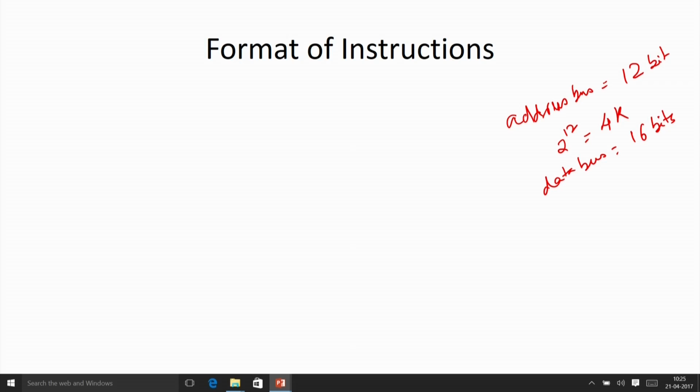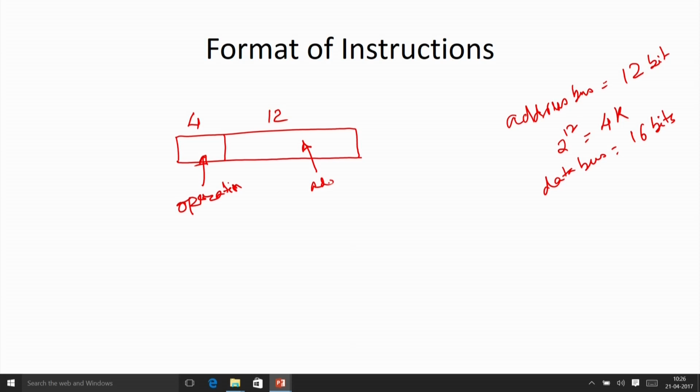If it is an instruction, already we have seen that my instruction has 16 bits of information, which we divide into 2 parts: 4 bits and 12 bits, total 16 bits. These 4 bits indicate the operation we are going to perform, and these 12 bits give me the address of the